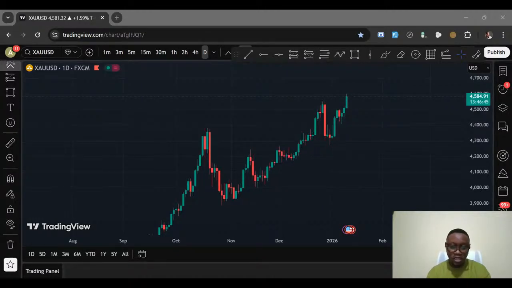So please stay glued. If you're a beginner or an intermediate trader, trust me, stay active, because everything we are going to do here follows a clear top-down analysis process. We're going to take it from the higher time frame perspective down to the lower time frame bias. Let's get started. Are we ready?